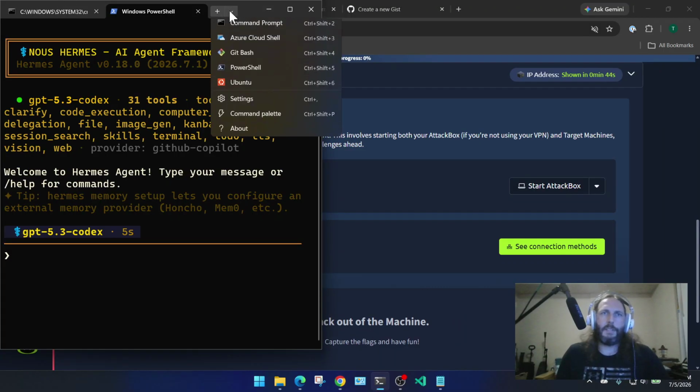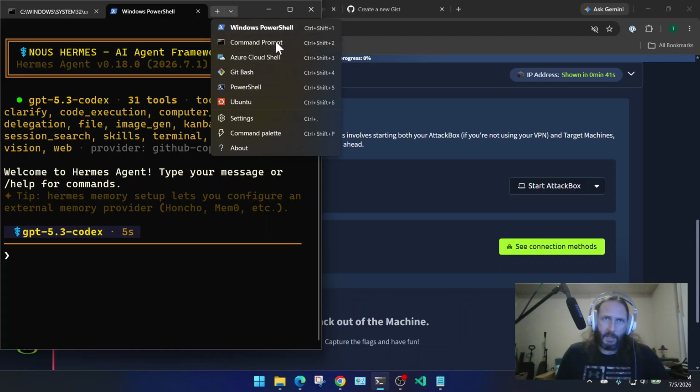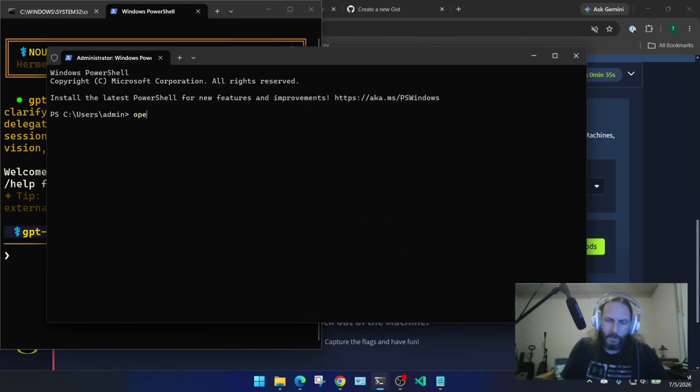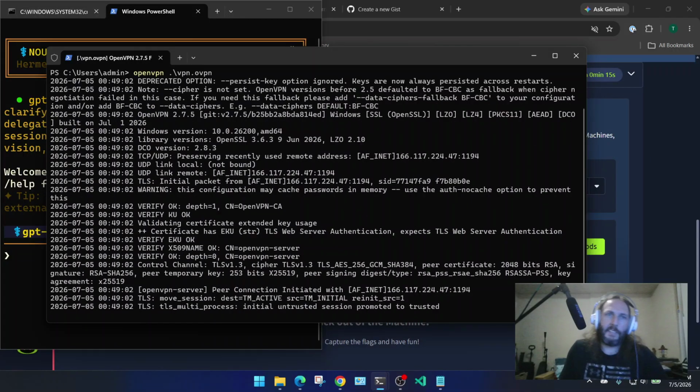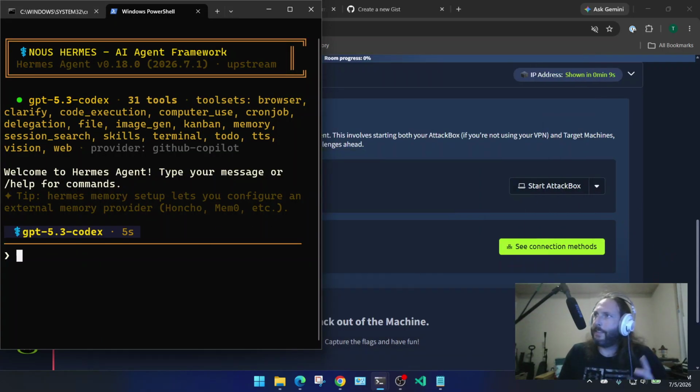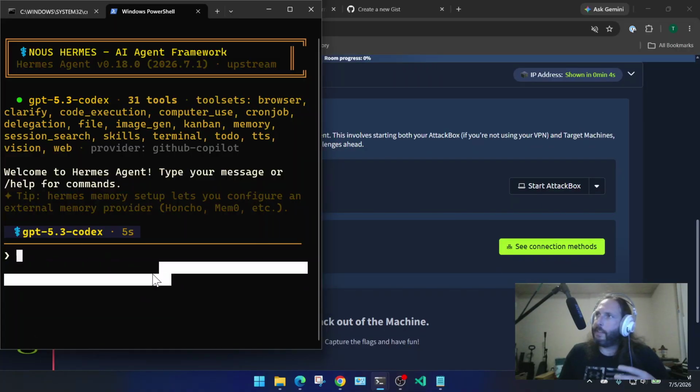So what I'm going to do is just connect to the VPN right now. Just pop an admin shell, and then let's do OpenVPN, the .ovpn file. So that'll connect, and then I'll just let that chill in the background. That's just connecting us to the TryHackMe VM. And then, so these skills are already loaded in my